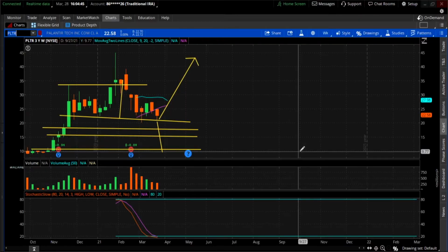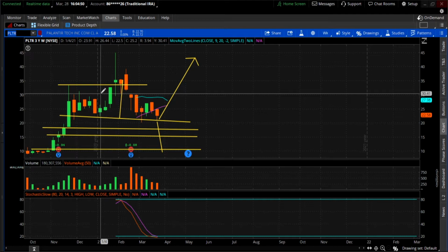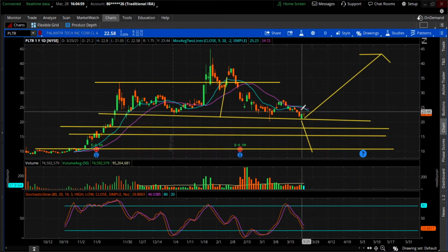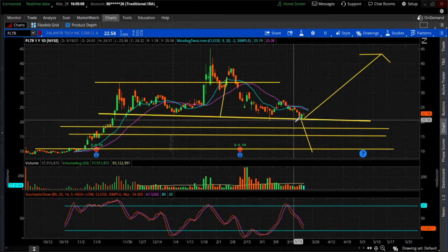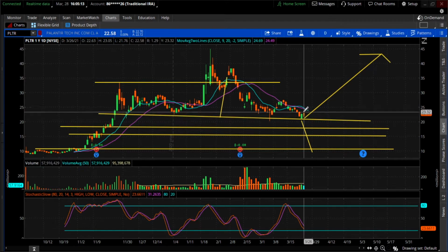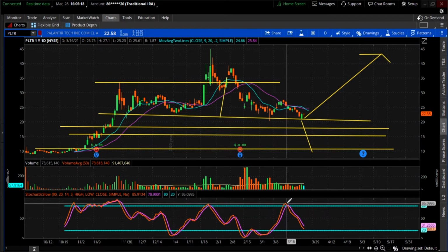Let's jump into these stocks so I can show you what I'm talking about. The first stock on deck is Palantir. We'll look at dailies, since we're trying to examine Friday's action, and then we might go down to the 5 minutes to get a closer look at what happened on Friday. You can see this is Palantir, right at the critical line of support, ready to fall out of bed. Friday's action brought us up, but still a little lackluster,